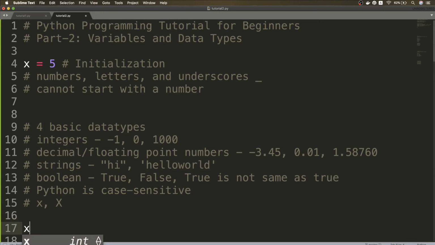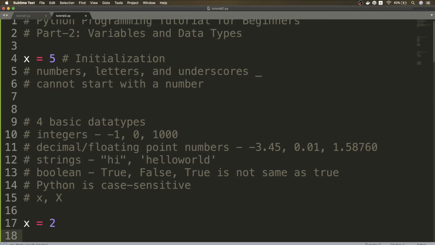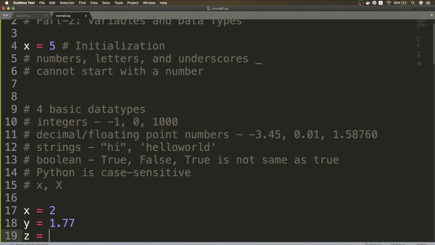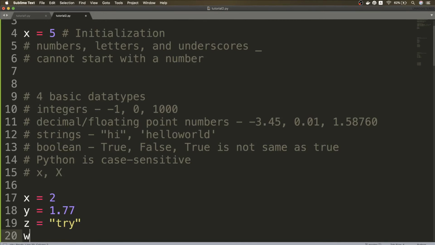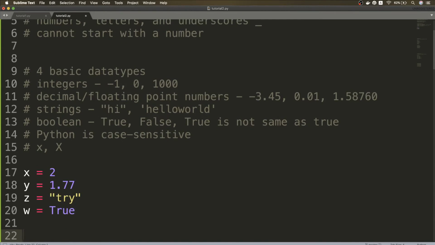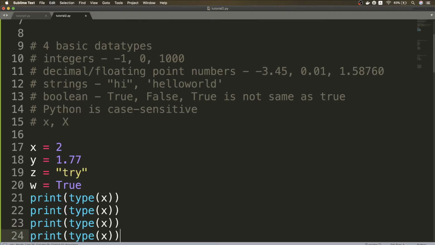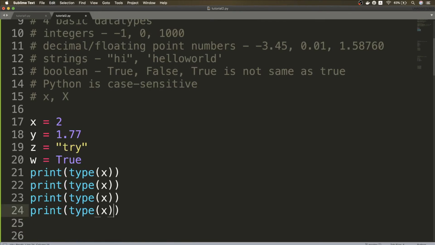If you want to declare a variable of each type, we can do something like this is an int, then this is a float, this is a string, this is a boolean value. And at any point of time, if we want to find the type of a variable, we can just print its type. So we use the print function and then a type function, and type takes a variable. So we print type of x. We can also print types of all the other variables here.